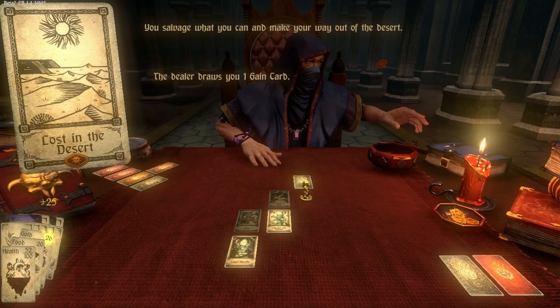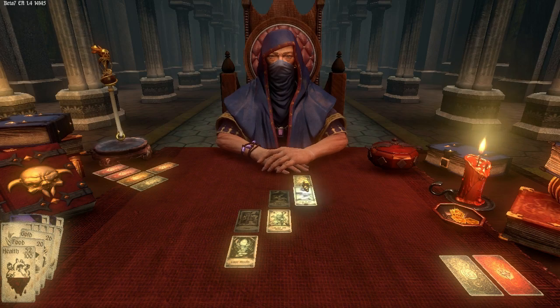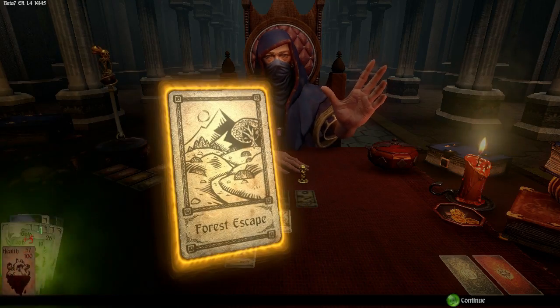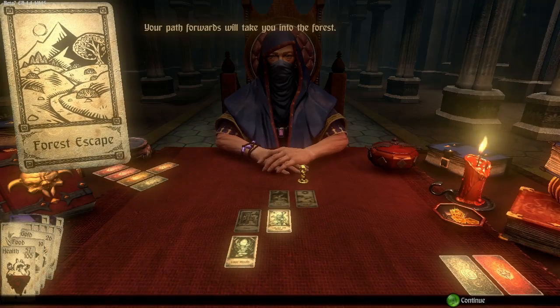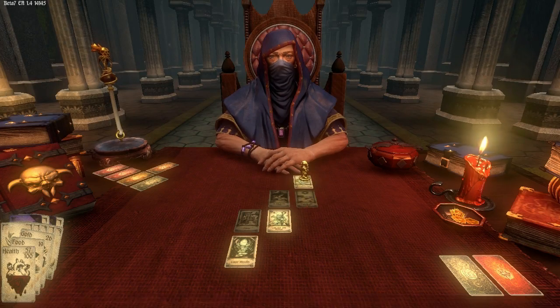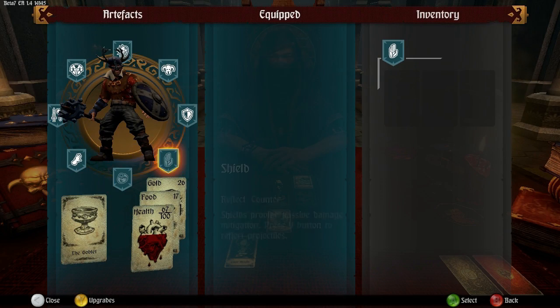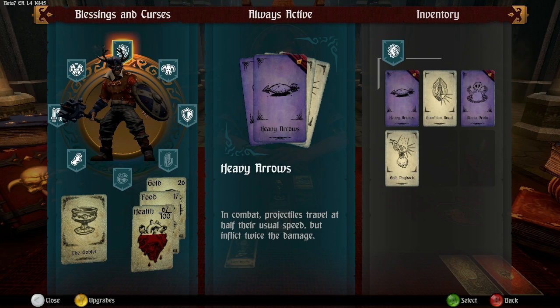Hey, 25 gold. That means all I need is 50 gold. I should be able to make that. Do I get payback? Forest escape. Okay. Not yet. Has it not triggered yet? Inventory. Don't I have a thing to gold payback? Can you tell me what it does? Because heavy arrows...